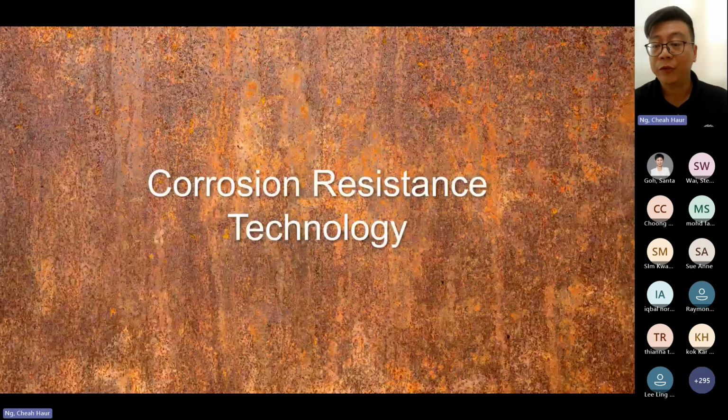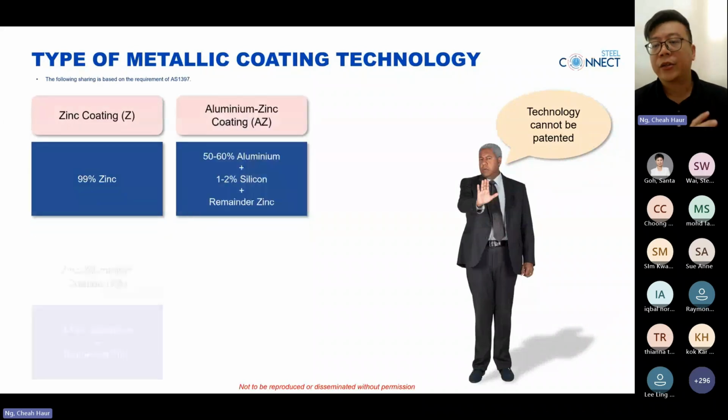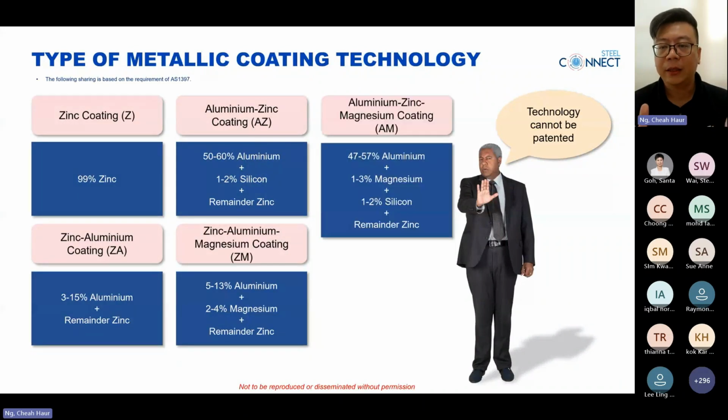Okay, let's start with the corrosion resistant technology. Okay, in the previous section, I think all of you should be aware that there are at least 5 basic metallic coatings in the market, right? It is used not only in Malaysia, in this region, even the whole world is using this kind of metallic coating. So actually, all this metallic coating technology cannot be patented because it is open source for the technology used